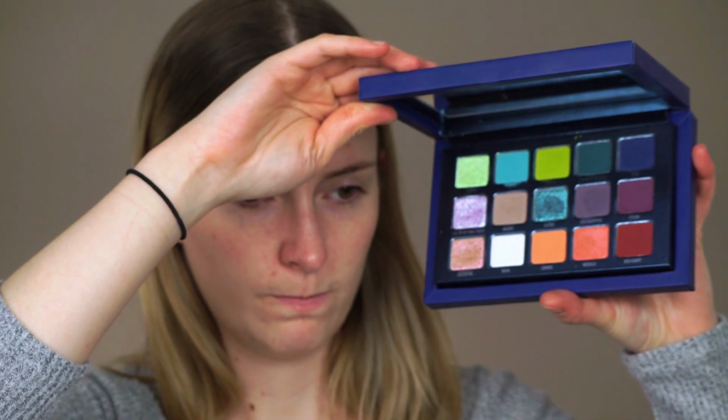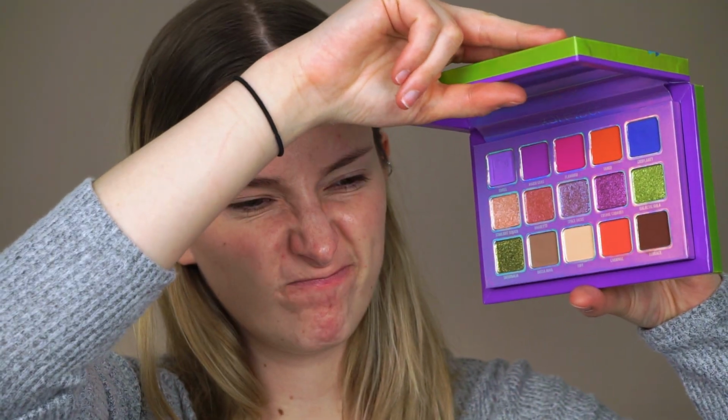Okay, so what palette do I want to use? I'm not sure. Maybe I could use some of these. I've been receiving BH Cosmetics palettes, and these are the birthstone palettes. Maybe I should dip into these. Look at how pretty these colors are, but I'm not really feeling inspired by them. Ooh, how about this right here? No, too neutral. I don't feel like working with purples. First world problems, I don't know which palette to use. Oh my god. Maybe I could go into...